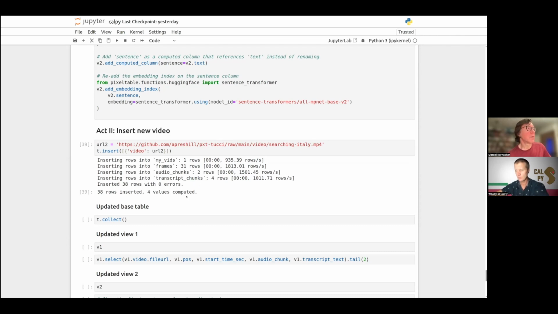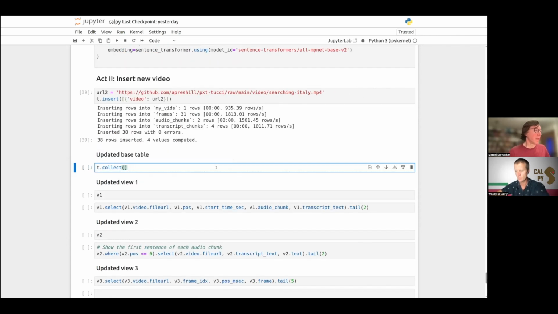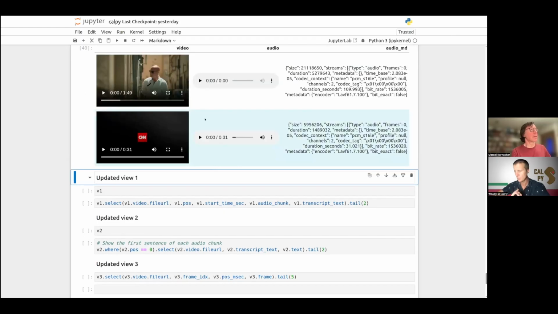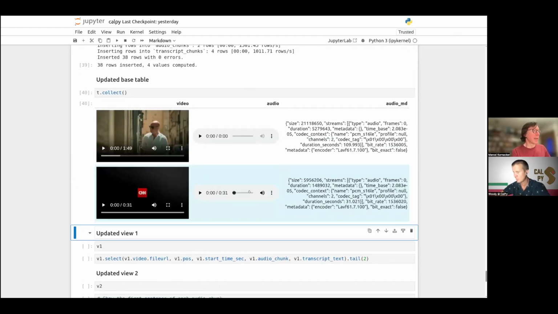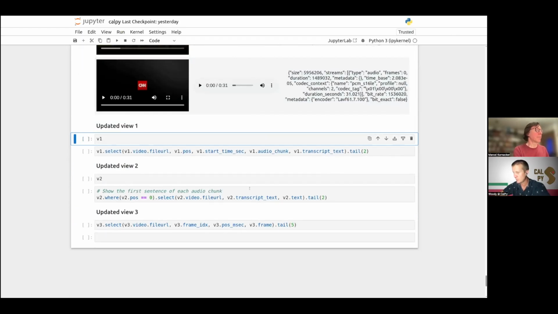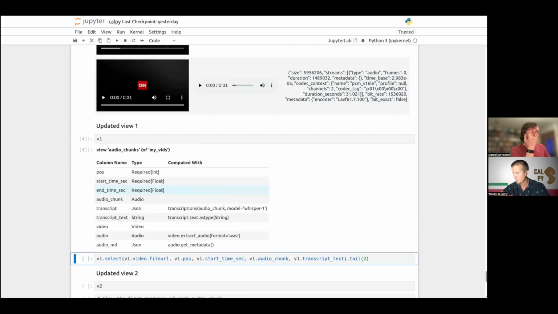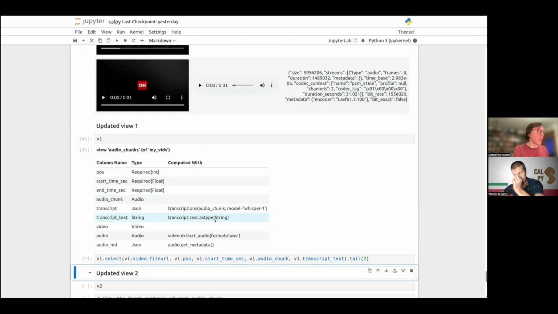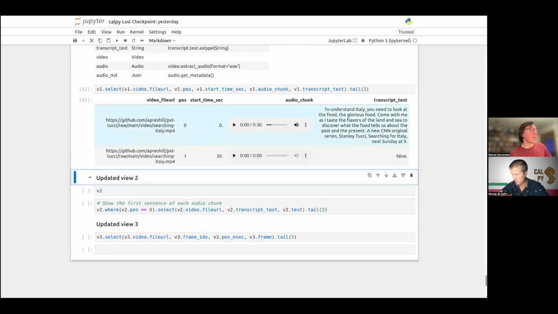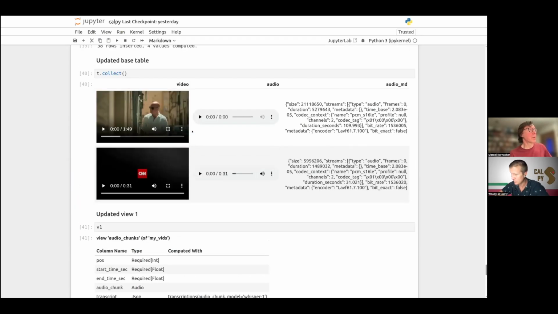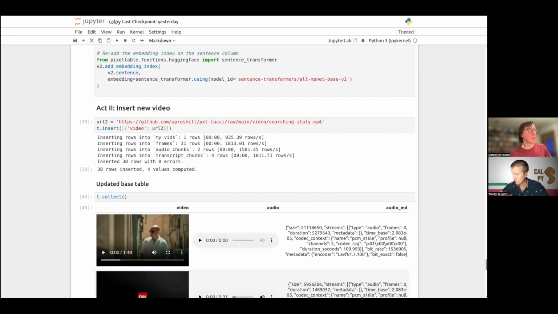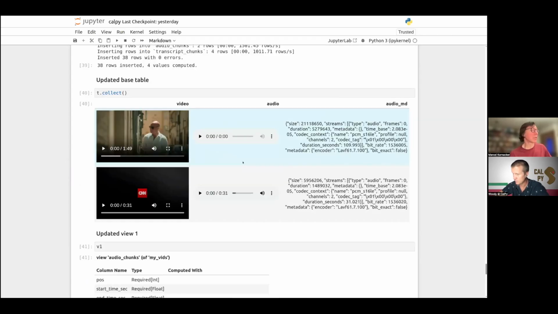And so you now have the base table updated, there is another row here. And you can see view one, which contains the audio chunks, now also contains the URL we inserted, called searching-italy.mp4.